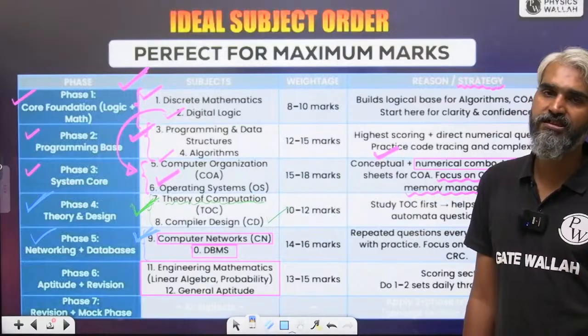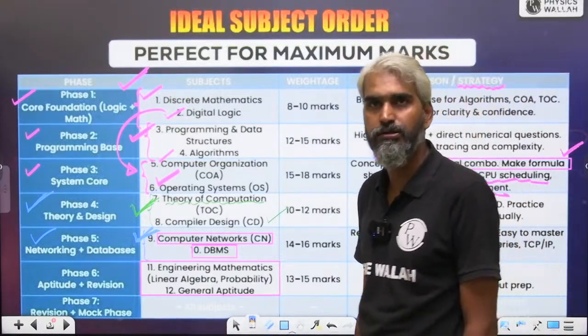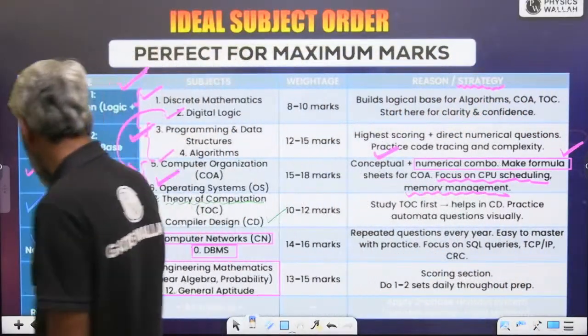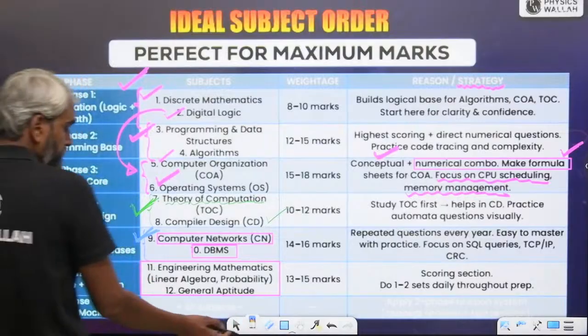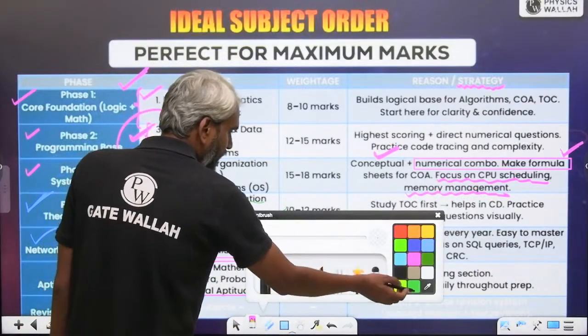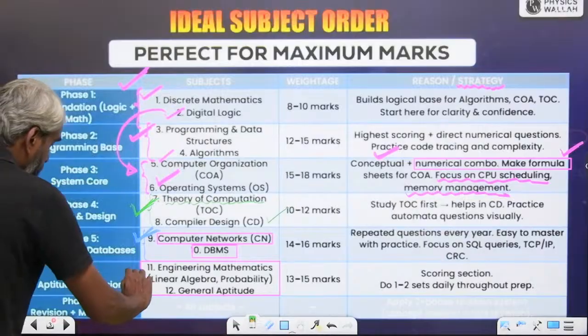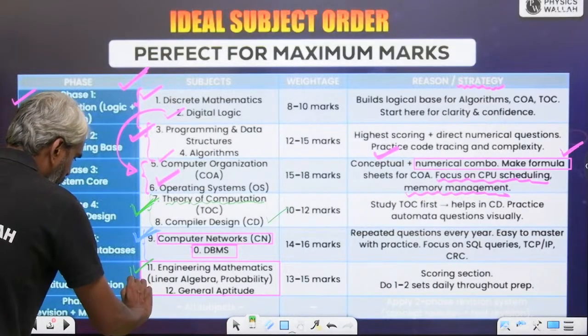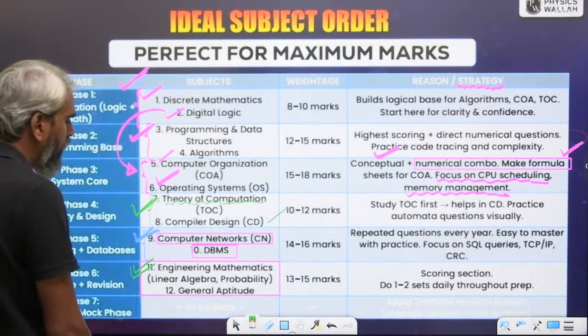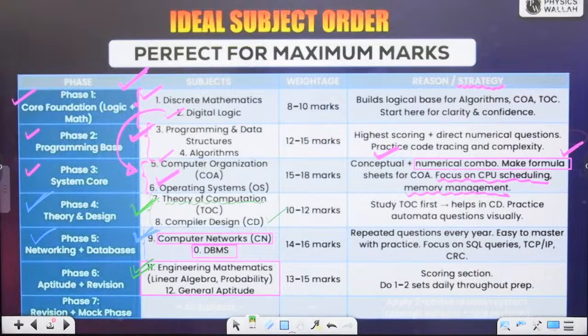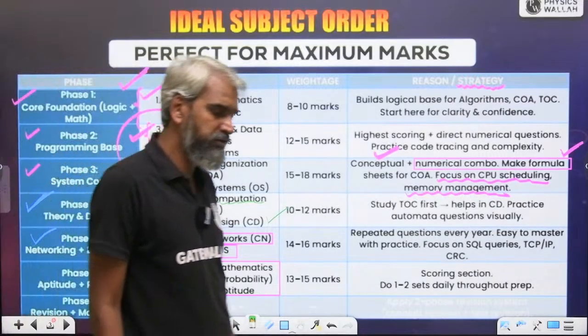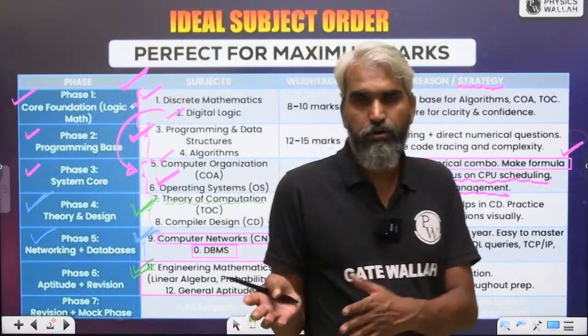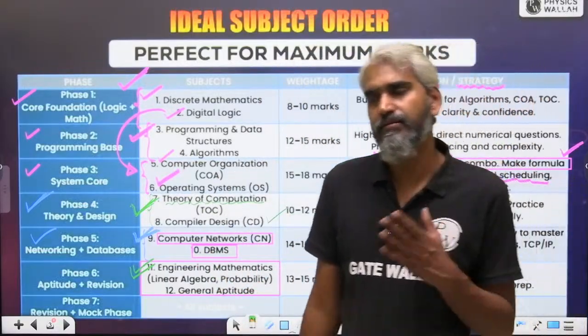But my suggestion is that if you want to maximize your score, just try to integrate engineering mathematics and aptitude along with the preparation of all other subjects, like I have asked you to integrate mock tests along with your preparation. So engineering mathematics and general aptitude must be a regular thing, because if at all a question is asked,